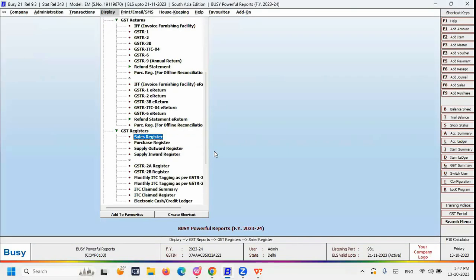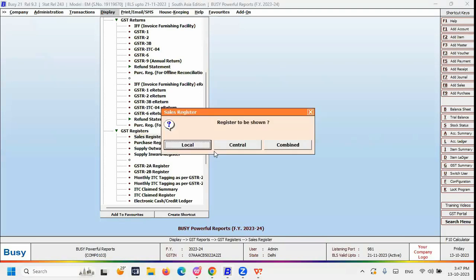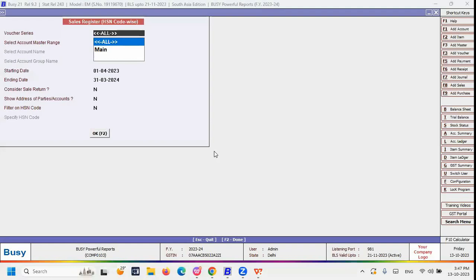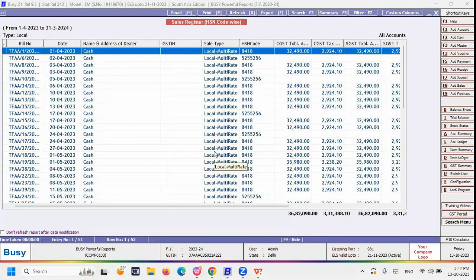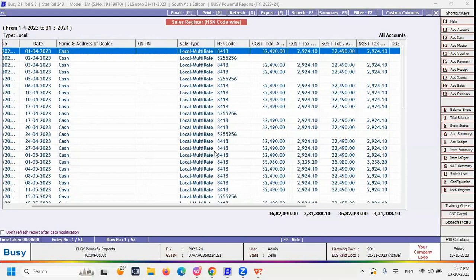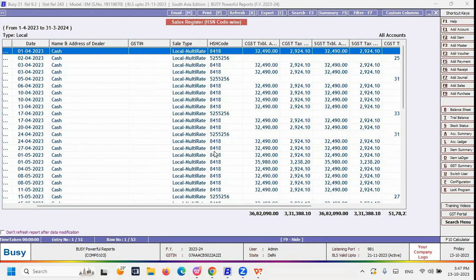And other than this, you have the GST register also. There are three types of sales register available: accounting sales register, inventory sales register, and GST sales register. In this GST sales register, you can view the whole information of your business, that is item name, item GST, item rate. All the information is visible in this report, because the accounting and inventory registers do not contain the HSN column, GST taxable, and CGST, SGST, IGST bifurcation. But in this report, you have